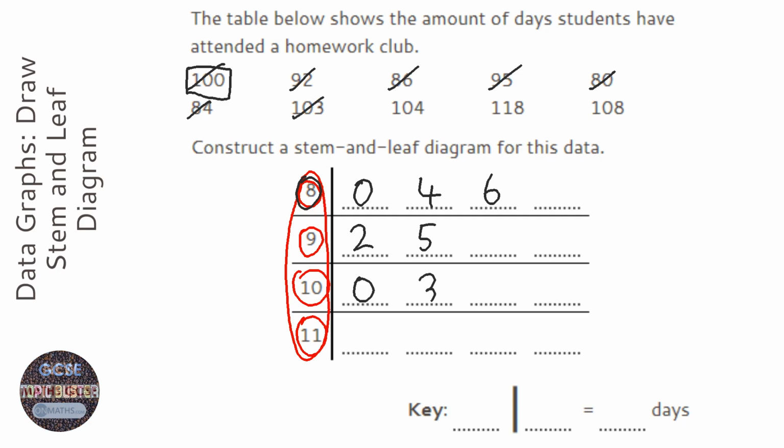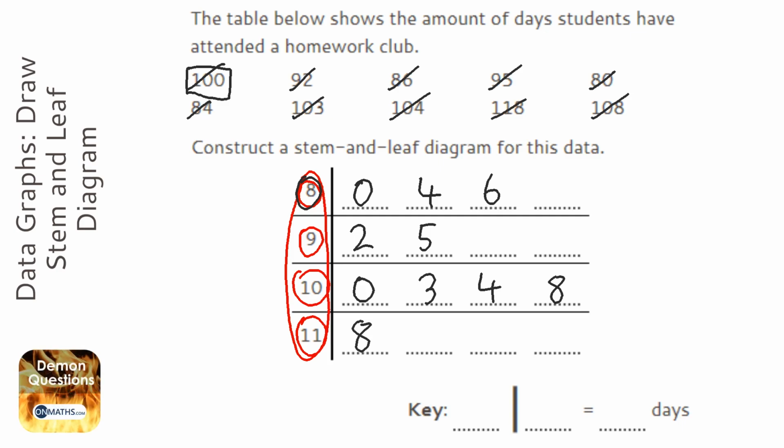103, 104, 108, and then 118 I think is the last one. Now I always just count, so 1, 2, 3, 4, 5, 6, 7, 8, 9, 10. I've got 10 in my stem and leaf, and there's 10 in the question, so chances are I've got that